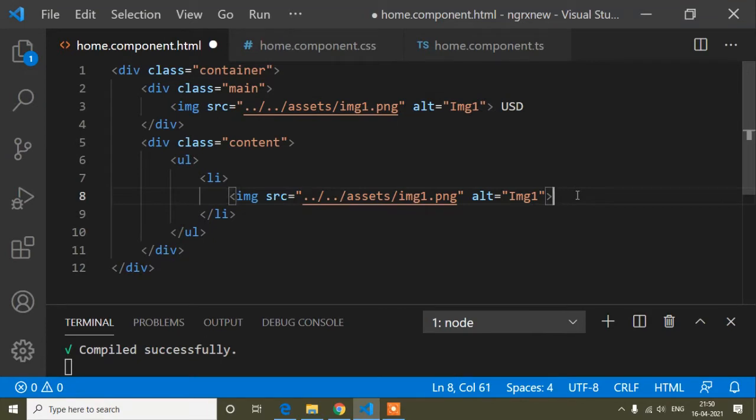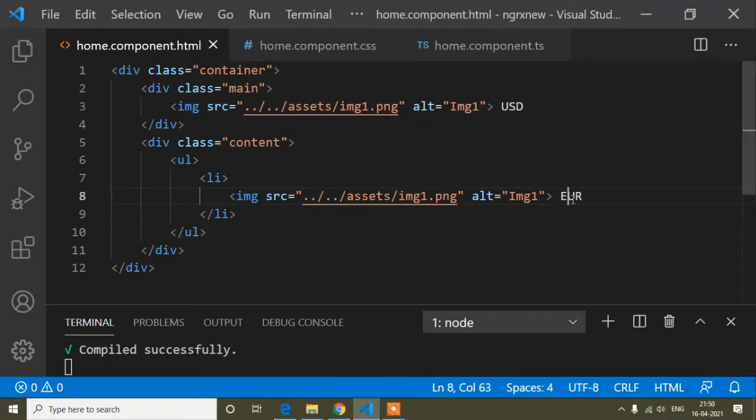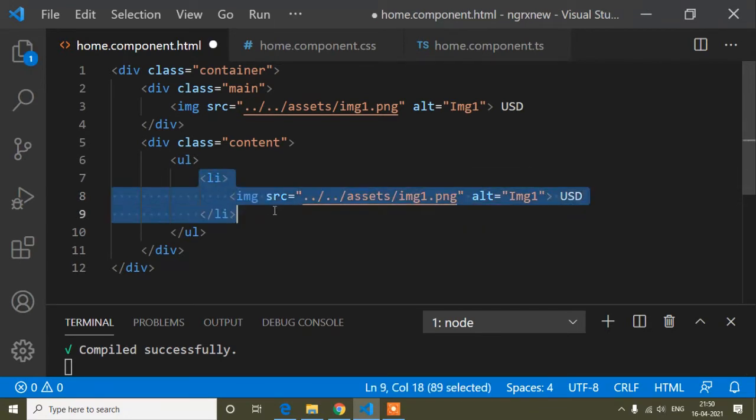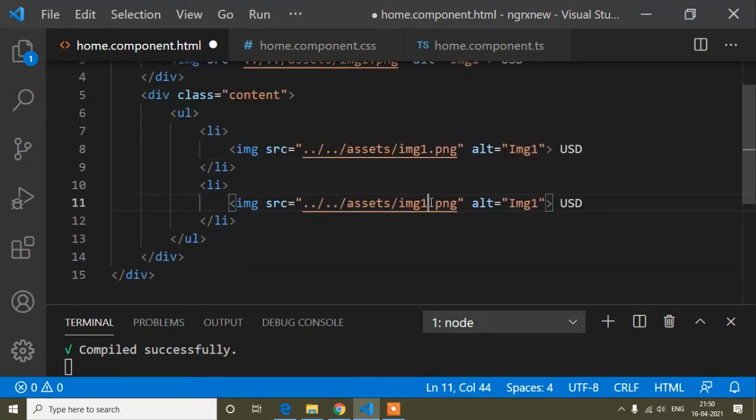And now here the currency code is euro. Okay, save. So now first of all I will show you that. So here you can see this is our main. I mean, when I click here, it will open from here. So here I missed something. First of all it will be USD. I mistakenly had written euro first. So it will be USD, and then I will change the image name to image2, because at the name of image2 I have shown another country image, and the alt tag I will write image2, and here I will write euro. So now if I show it, it will be clear what I want to show.